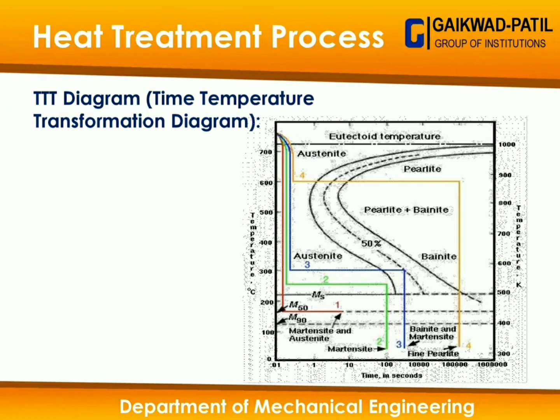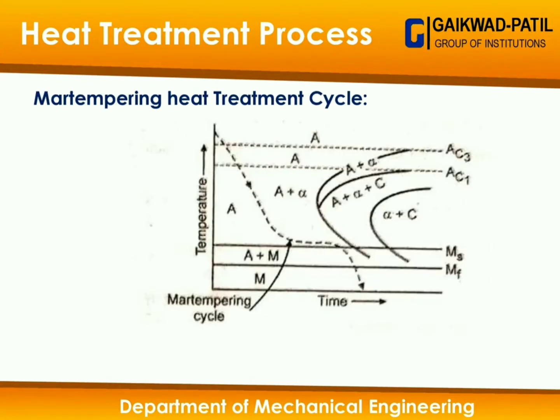Right? So the different types of heat treatment processes can be achieved with the help of the TTT diagram. What are the different types of heat treatment cycles achieved with the help of the TTT diagram? One is the martempering heat treatment cycle, in which the gamma austenite is allowed to cool down fast without any isothermal condition, and then we will get martensite. That's why that heat treatment cycle is the martempering heat treatment cycle. Martensite is the hardest metal. Getting me or not?